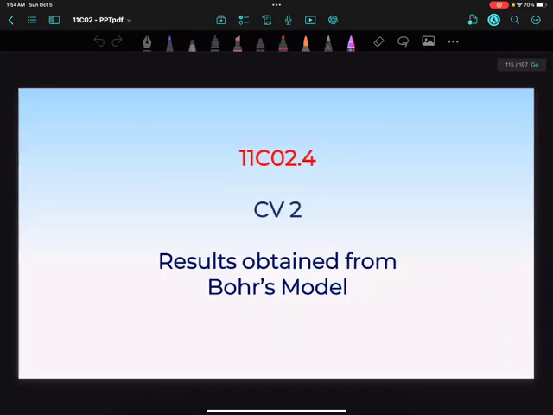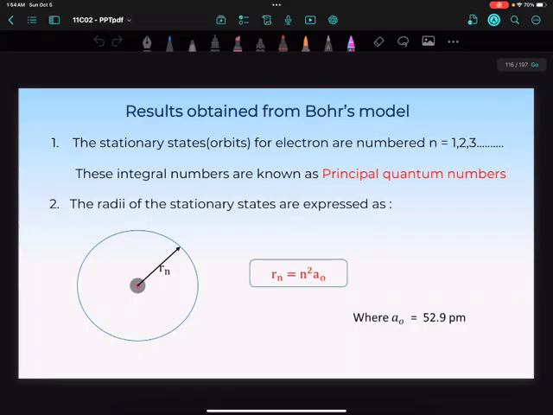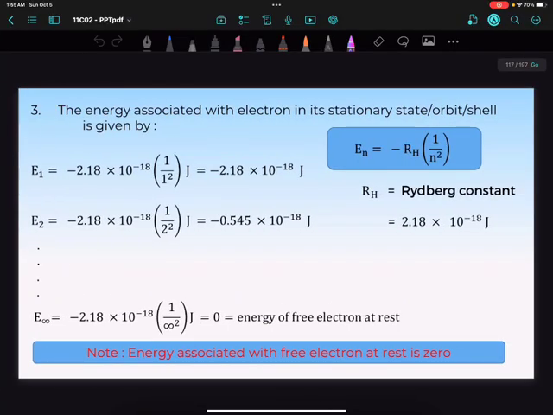Now let's learn about the results obtained from this Bohr model. First, the stationary states of an electron are numbered as 1, 2 and 3. The integral numbers are known as principal quantum numbers. The radius of the stationary states is expressed as r equals n square a naught, where a naught is 52.9 pm. Thirdly, the energy associated with electrons in a stationary state or orbit is given as E1